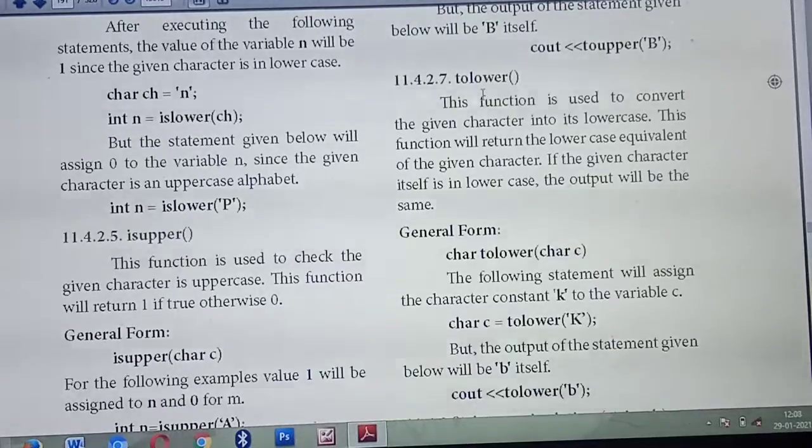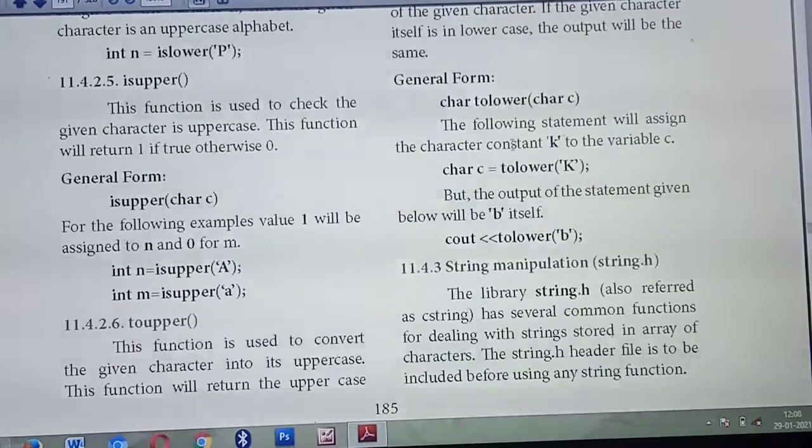Okay. So next one is tolower. So what's the use of the tolower function? This function is mainly used to convert the given character into lower case. That means you are already entering some words, and those words may be in capital letters. So this function is mainly used to convert the given words into small letters. Just opposite to the toupper function. toupper means it will convert a given character into upper case, that means capital letter. But here it will convert the given things into small letters. Understood?